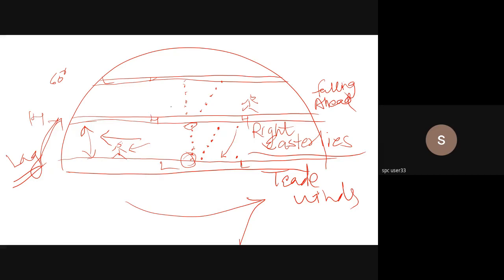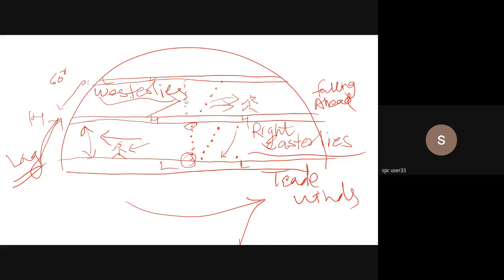Because if I start from this high pressure, by the time I reach this low pressure, the curvature of the earth is further less. So I will be catching speed. So these particles will be falling over, or falling ahead. And this guy here would feel that the winds are blowing from the west. Thus, these winds are going to be called the westerlies. So its mechanism is the same. It's only that the curvature of the earth goes on decreasing.